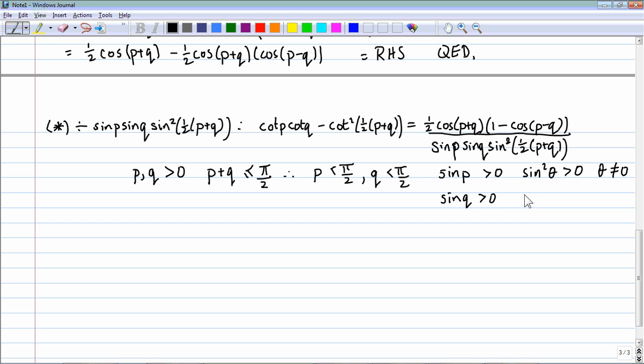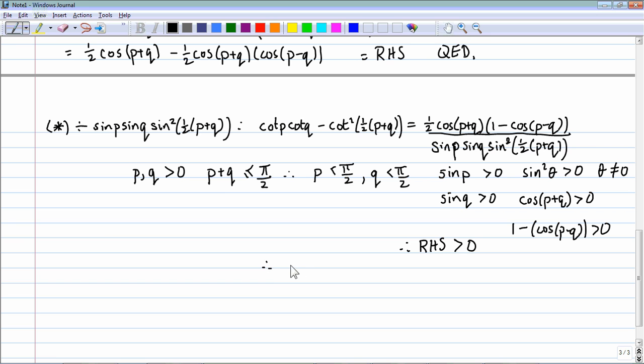And more importantly, cos p plus q, because p plus q is less than pi over 2 but bigger than 0, that's positive. And also 1 minus cos anything is positive, because cos anything is less than 1. So all those terms are positive, therefore right hand side is positive,